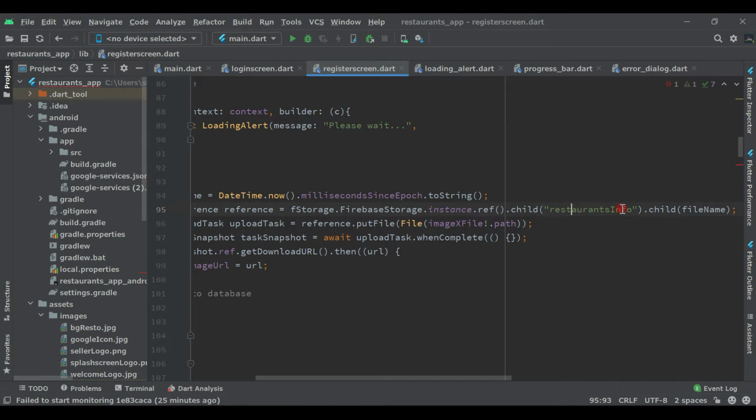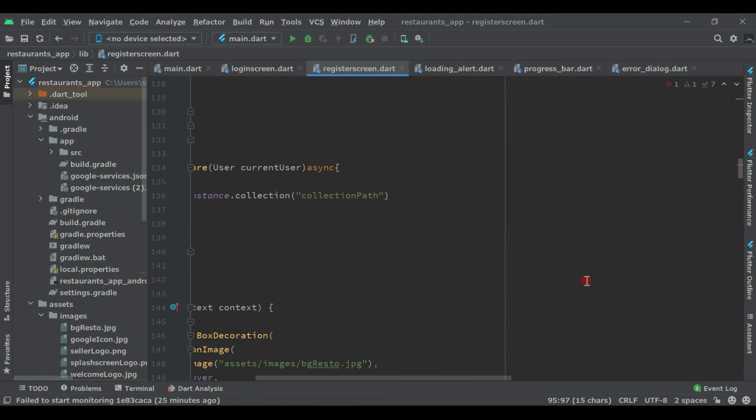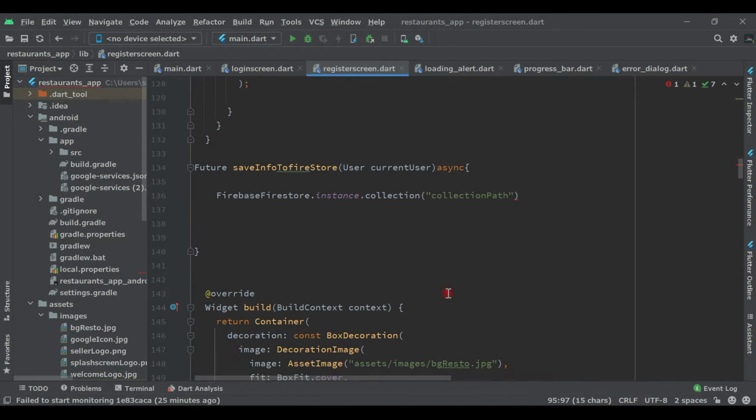Just make changes like this, and the same we have to pass here. So this is your collection.doc